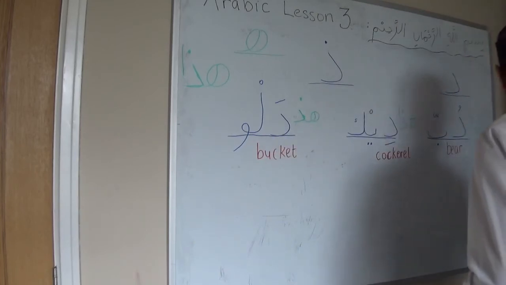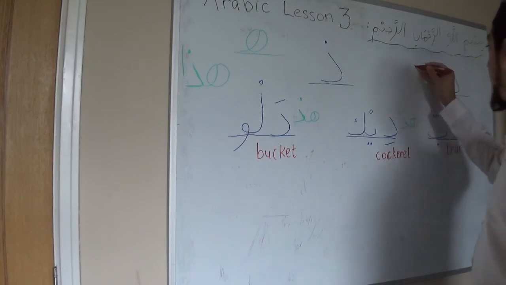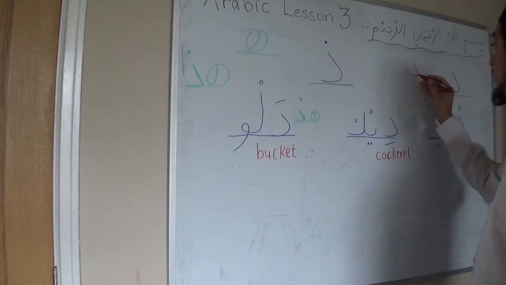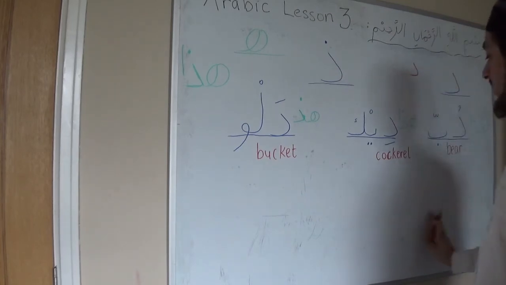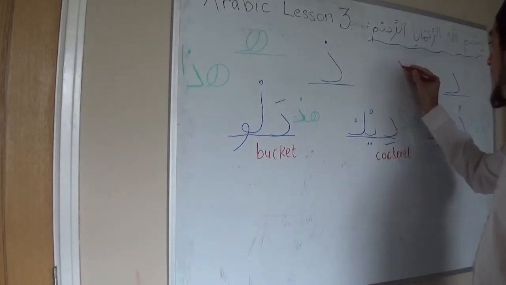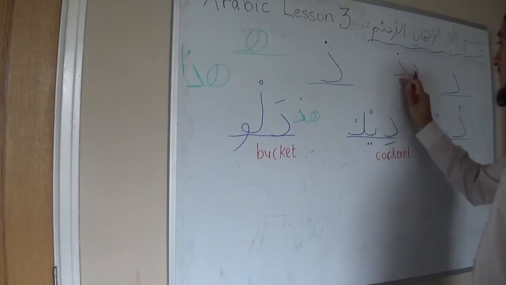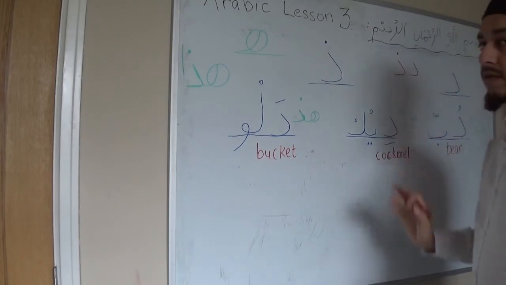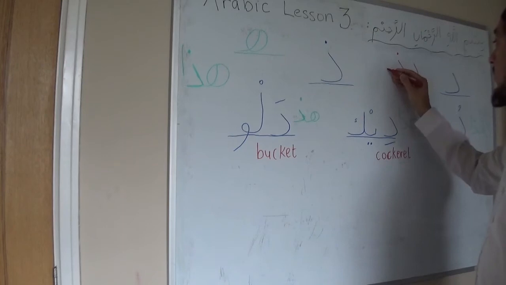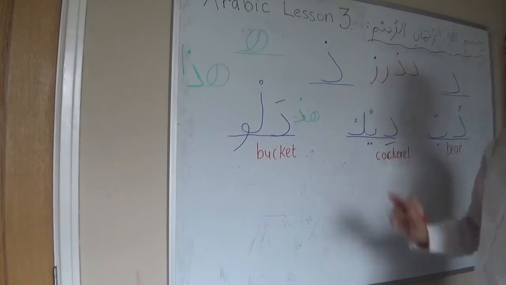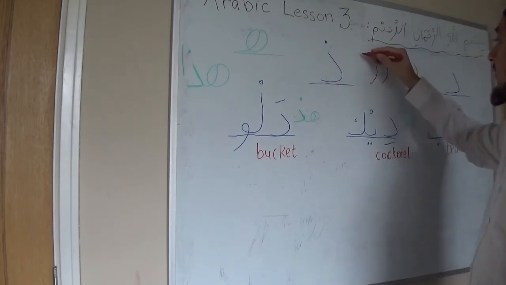So let me just write this in another color. I'll write it in red. So dal is one of those 5 that doesn't join afterwards. So as you'll see in the next examples, we have dal. It has kind of similar shapes, so no wonder. We have ra. We have za, again 2 kind of similar brothers there. And we have